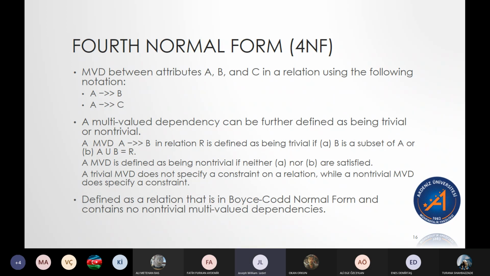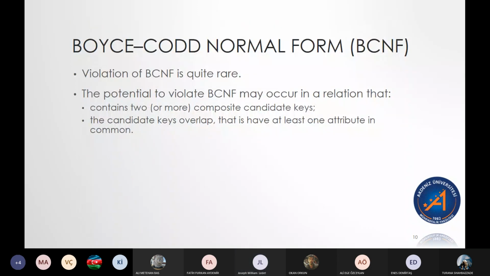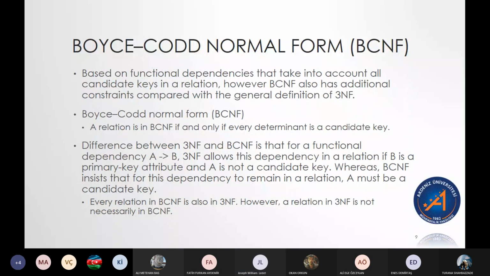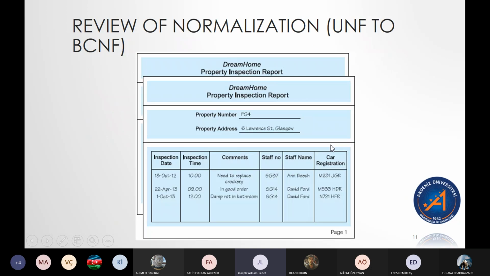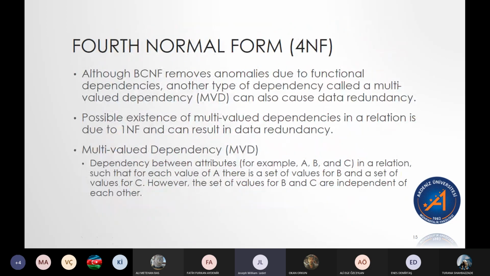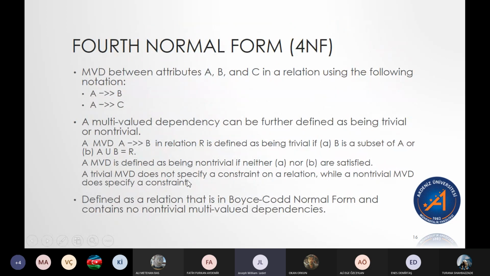Okay. Then we said Boyce-Codd. A Boyce-Codd normal form is a third normal form relation that has, what was the special term we used? That has none of these specific types of dependencies. There wasn't a special name given for these. All right. And now we've gotten to the fourth, and we've said a fourth normal form relation is anything that's